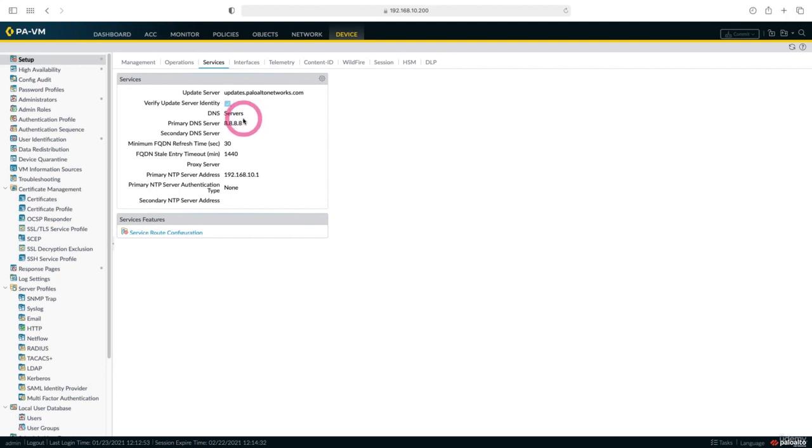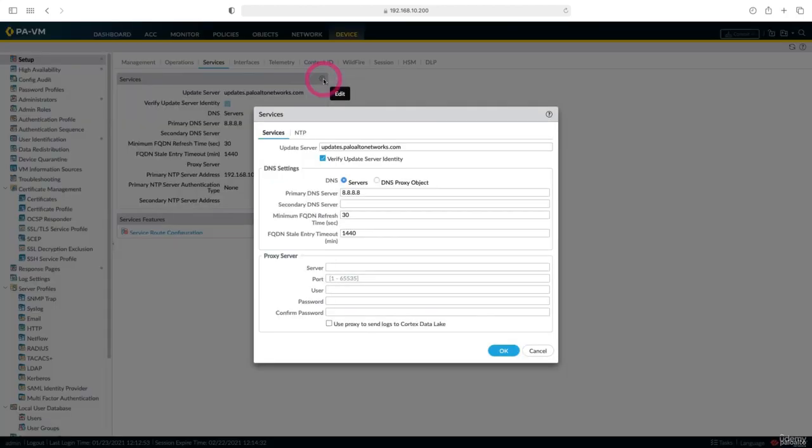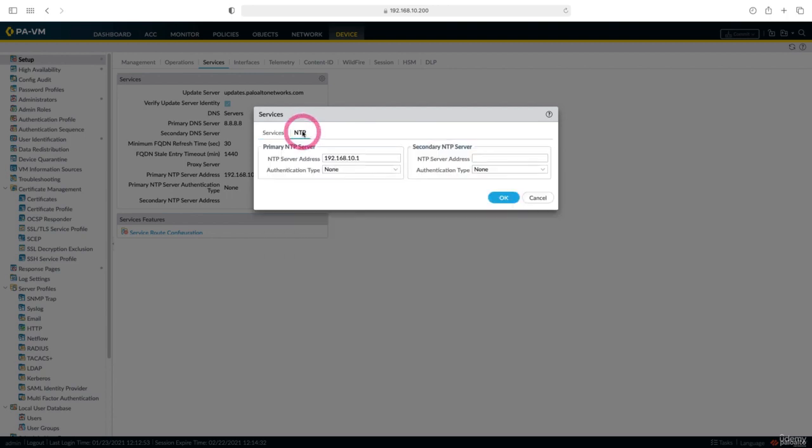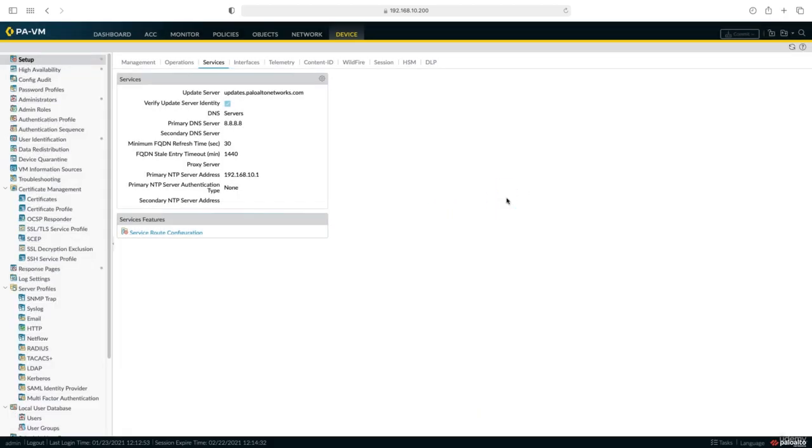When we come to the service part, we can make the DNS settings and NTP settings here. We wrote the DNS address while installing. You can also set NTP settings from here. I wrote the IP of my default router as the NTP address. Our firewall will go and learn the time information from its default router. I say OK. Now, after briefly talking about the basic settings in the dashboard page, let's find the license section